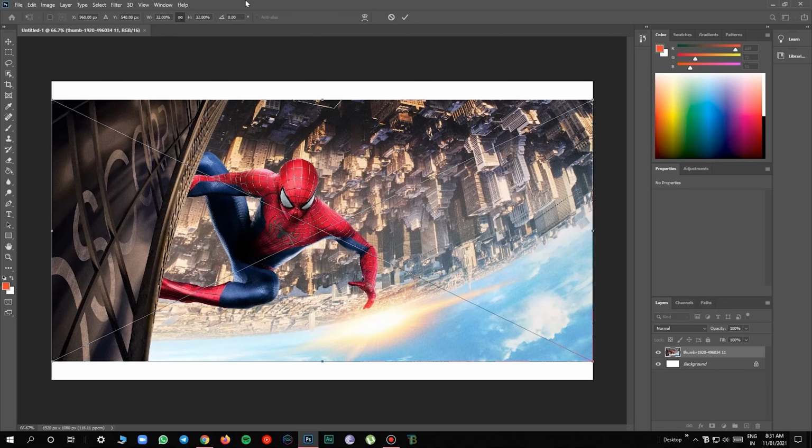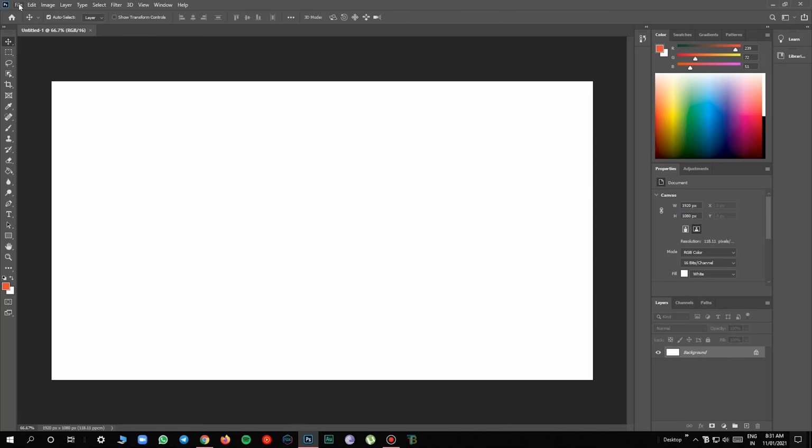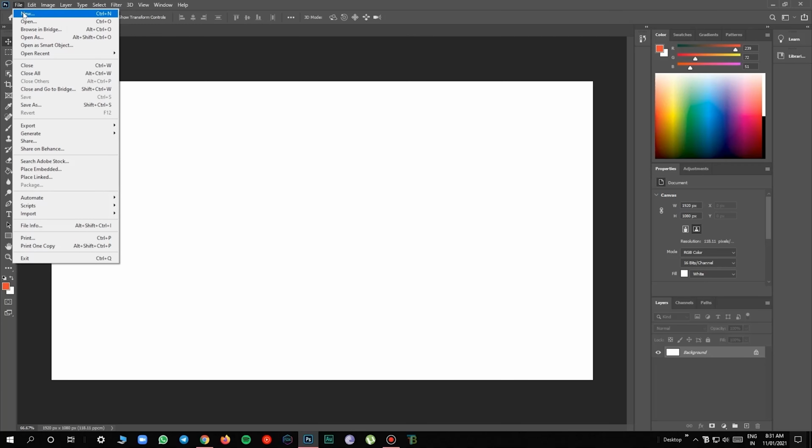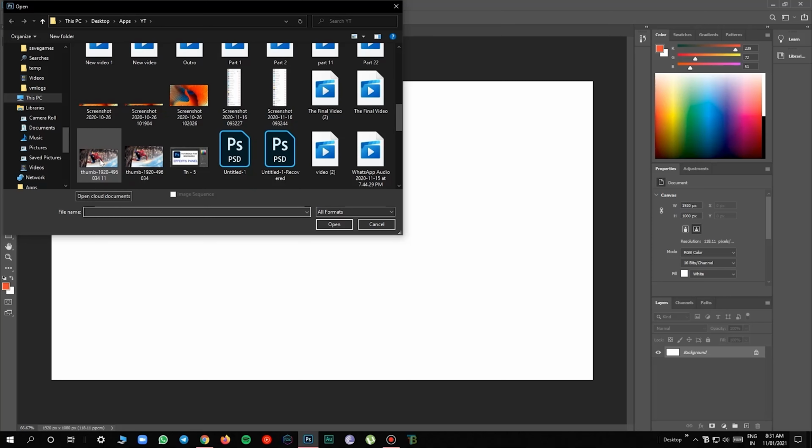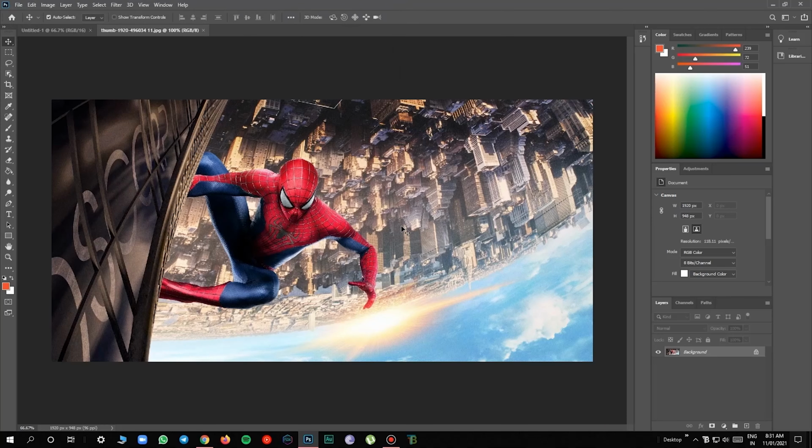So let's say we undid this and again go to File, which is on the top left, and go to Open, or the shortcut is Ctrl O, and then you can search for the image. So this will be better than that, because it opens in the exact dimension that we are gonna edit. So that's the best way to do it, instead of placing it inside a project.